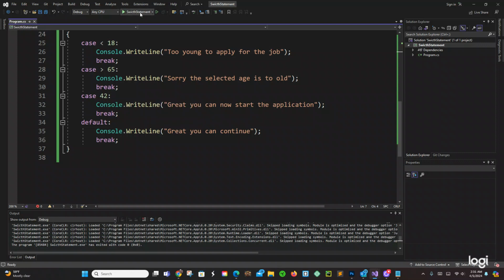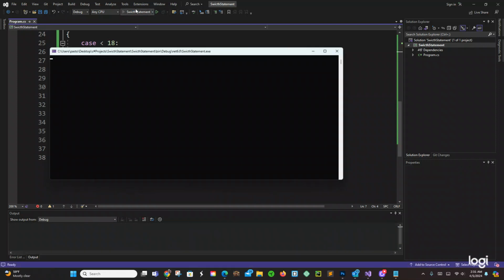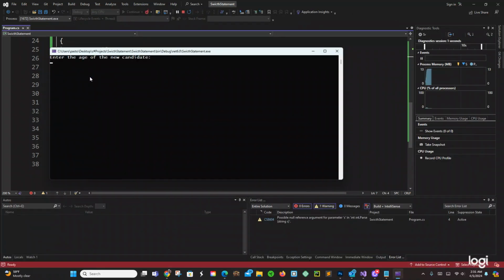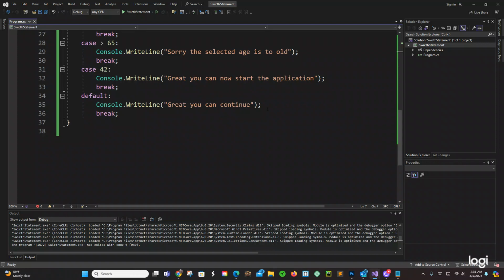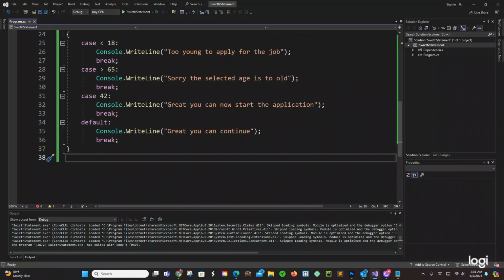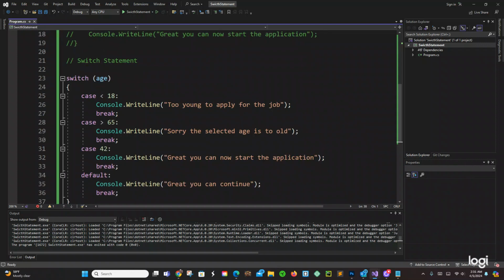What about if I say in between 18 and 65? Let's run the program and see. Let's just do 23. Great, you can continue. Yeah, so that comes to the default right here. Cool, that's working fine. So the other thing that we can try, you can add